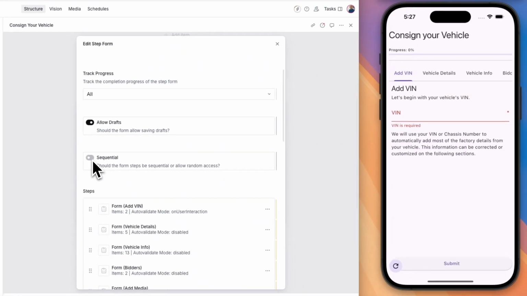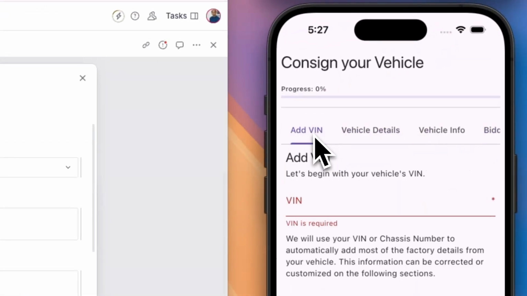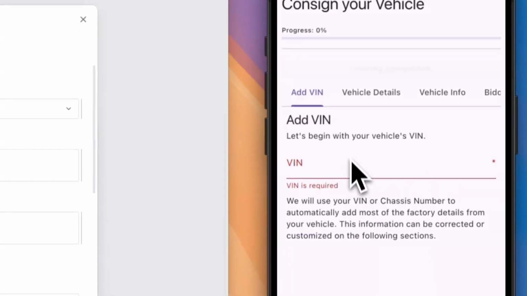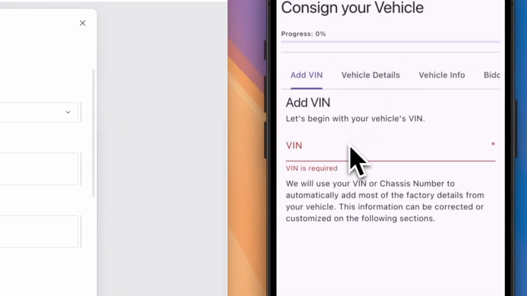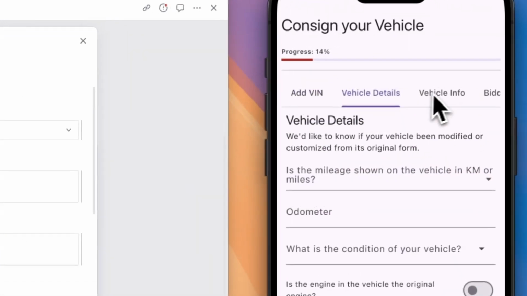Now you can also make the form sequential, which means you cannot go to the next step until you complete the previous step entirely, including all valid inputs. So right now you can see that you can switch between steps pretty randomly. Whereas if I turn it on and then refresh, you will see that you cannot move to the next step until you complete the previous step. So let's put in a valid VIN, and when you do that,